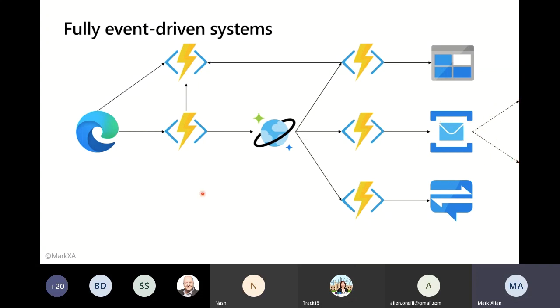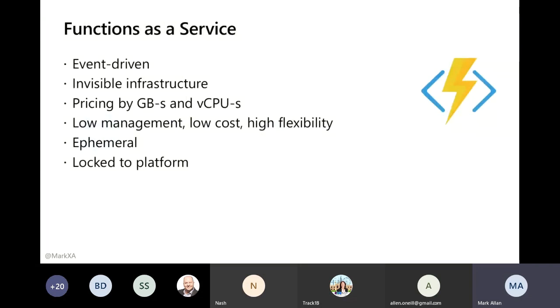But there you can get a completely asynchronous, event-driven thing where your browser comes in, places an order or whatever, and everything starts bouncing around the system. And if you're event sourcing, then your Cosmos database here has saved all that information off so that you can then replay your system from the events and do all the great event sourcing stuff. And these little lightning bolts here, that the services are, of course, Azure Functions.